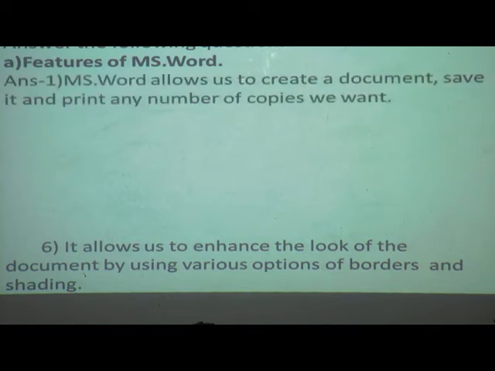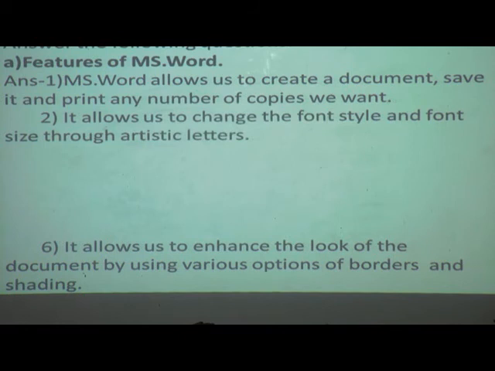MS Word allows us to create a document, save it and print any number of copies we want. Second one, it allows us to change the font style and font size through artist letter.